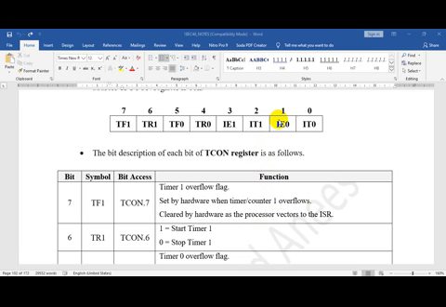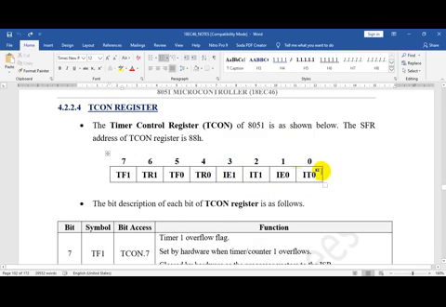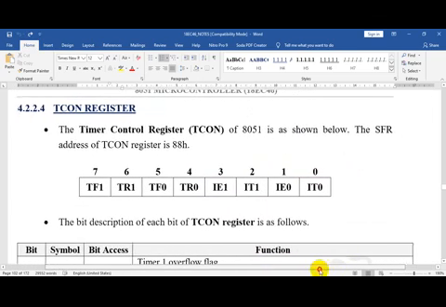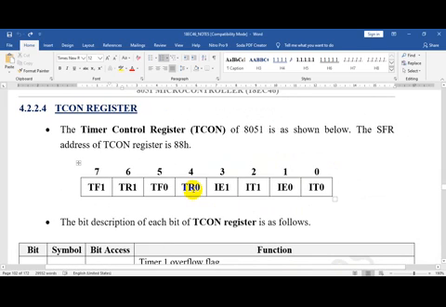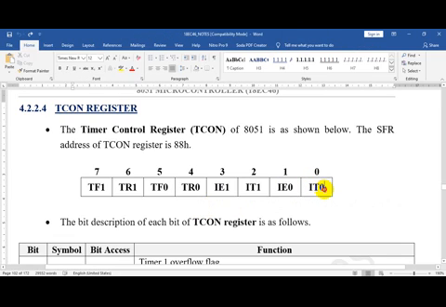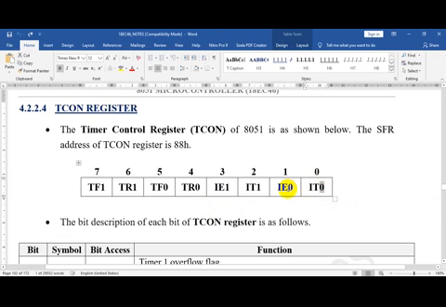So if you see your TCON register, the timer control register, it is bit addressable. You can access a single bit. Now, the first 4 bits are basically related to the counter operation: IT0, IE0, IT1, IE1. 0 indicates these bits are related to timer 0, and 1 indicates these bits are related to timer 1.